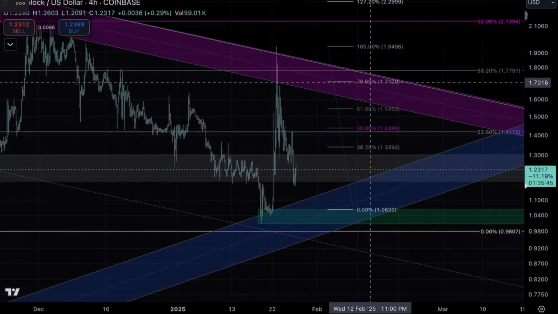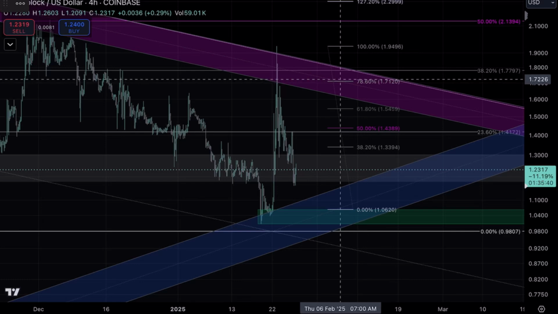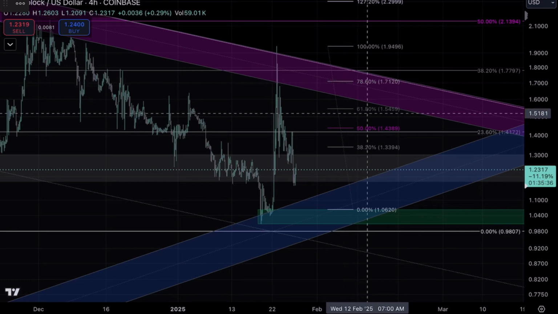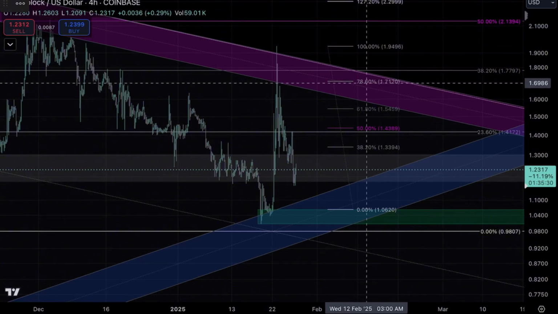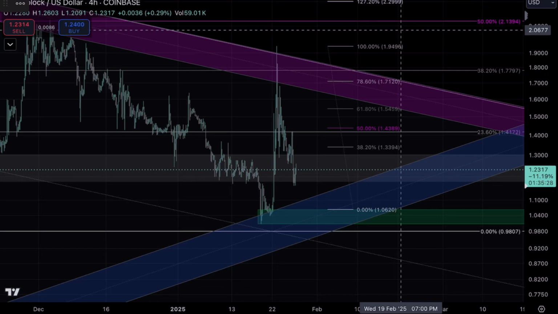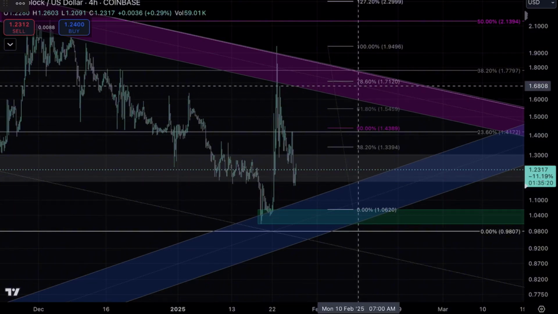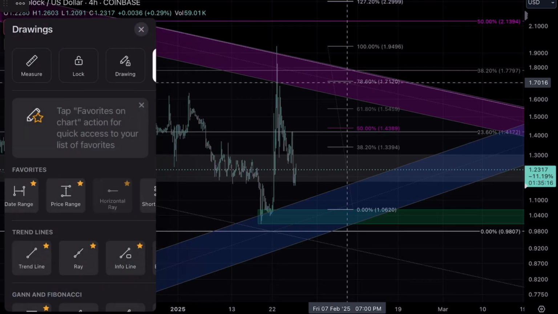My target would probably be right here, and see, are we going to hit this rejection area and then come back down before we come out of here? Are we going to hit this rejection area, then come back down, then come out? I'm thinking that's probably how it's going to work, but I don't know. But that's why, if it bounces off of this, my target area would be here, which would be worth,